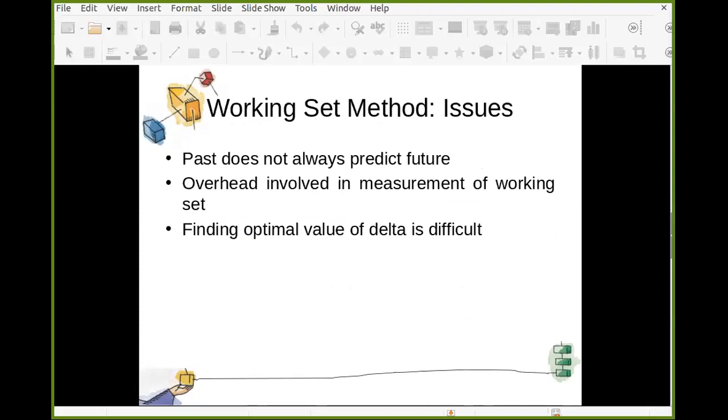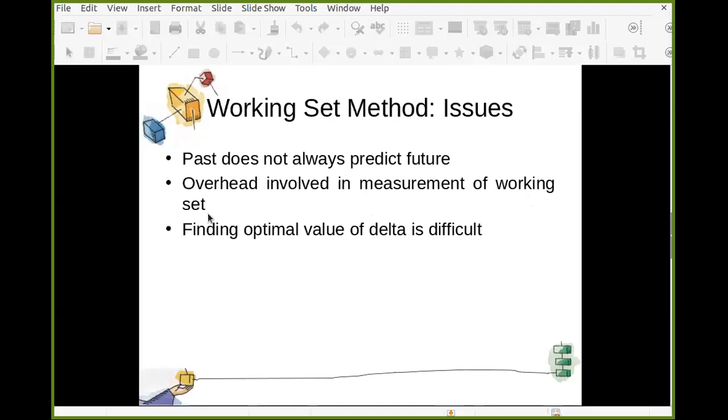Then only your process can execute. But the working set that you are maintaining is based on the past, because you keep the pages referred in the past. Not necessarily is the past going to predict the future. In the future, you may be referring to different pages than those you referred to in the past. So that is one problem.